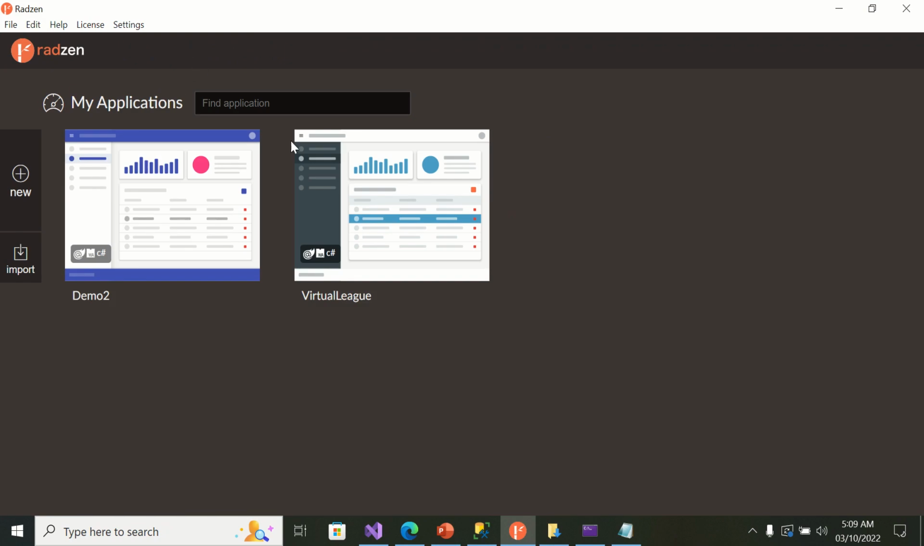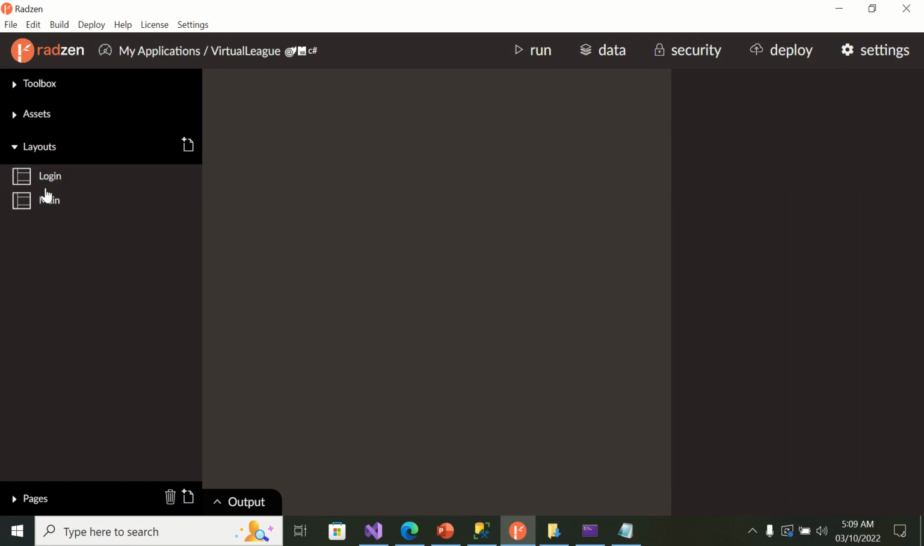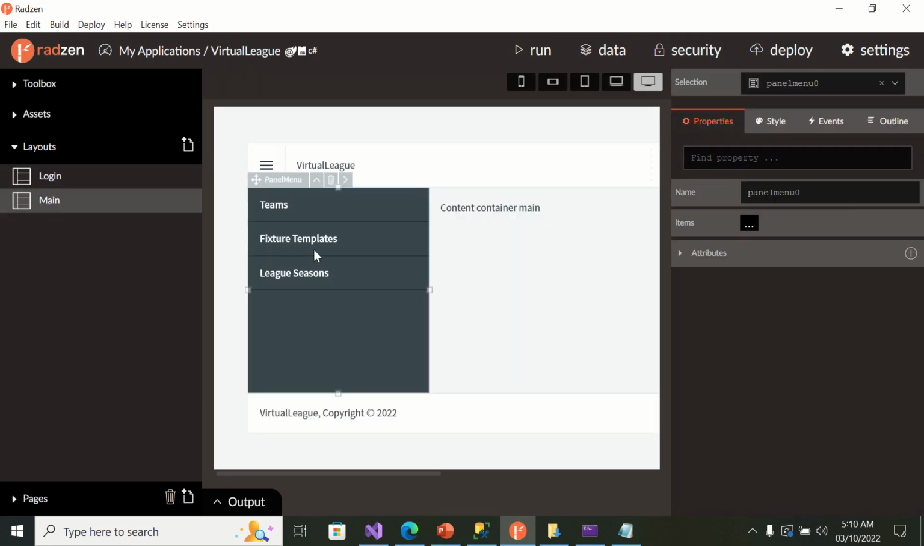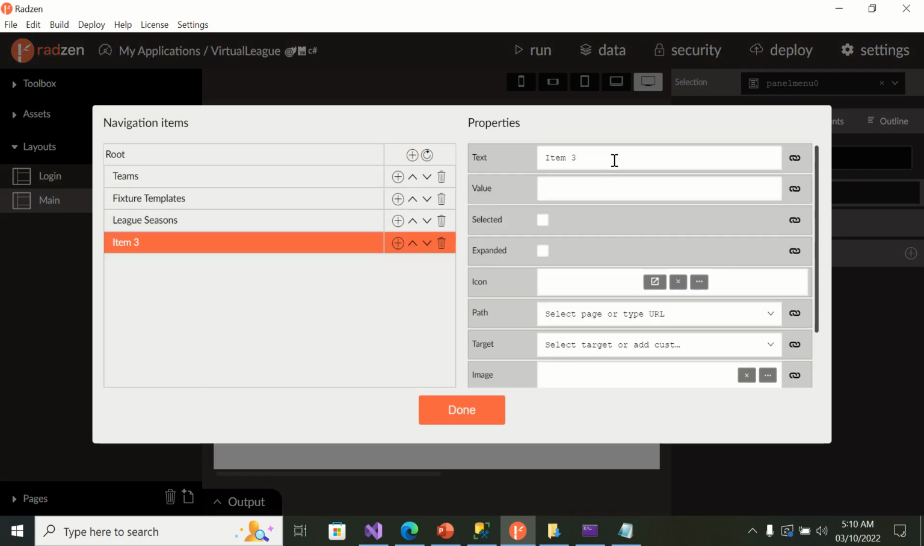I'll go back to my applications, I'll double click on virtual league. So we have the league result table has been added. Then I'll go to layout, I'll click on main, I'll click on panel menu, then I'm going to click on add, then I'm going to create this text called virtual league results,